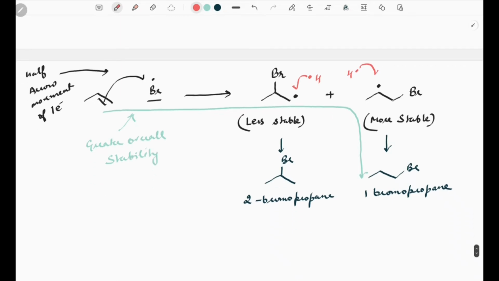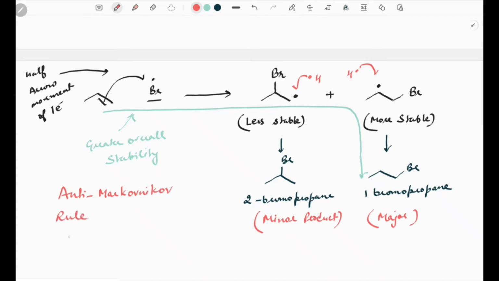As a result, this less substituted product is the major product, whereas the more substituted product is the minor product. So since this reaction has given you exactly opposite selectivity, this is what we call anti-Markovnikov rule,